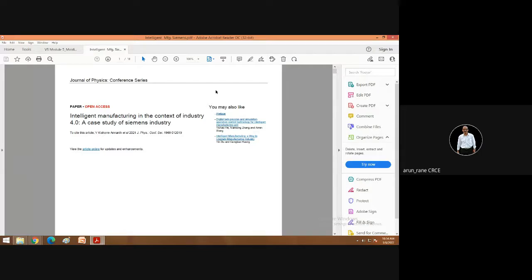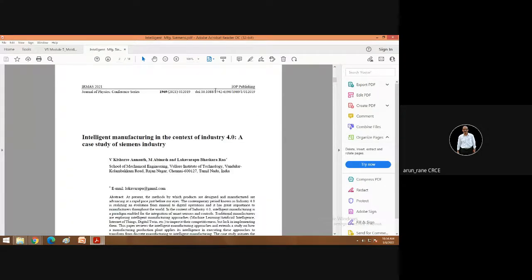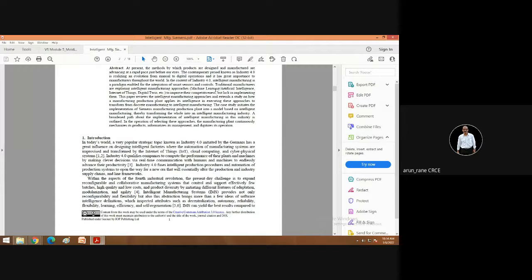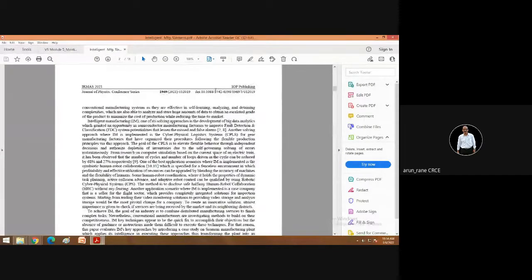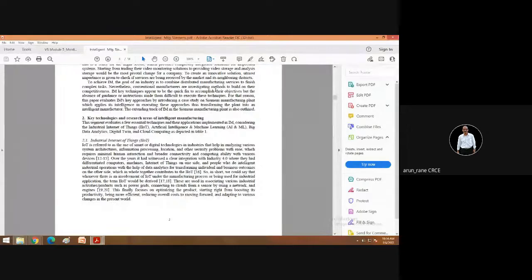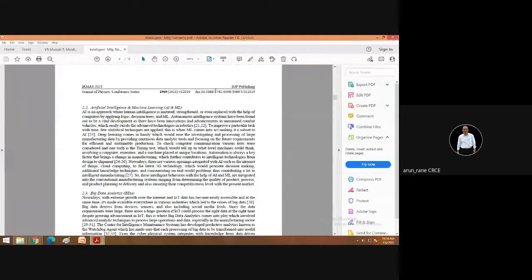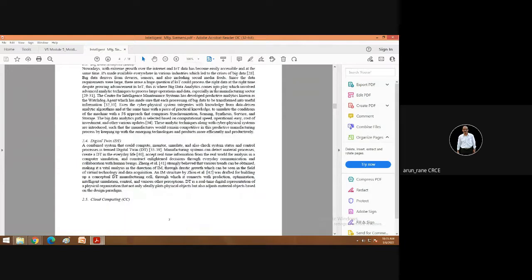This is a case study from Siemens. Siemens is again a digitally compatible industry. So they have used artificial intelligence, machine learning. Now even mechanical engineers, even you, next year, in third year, will have this subject, AI, artificial intelligence and mechatronics. So you cannot escape from computers. It's a computer-driven society.